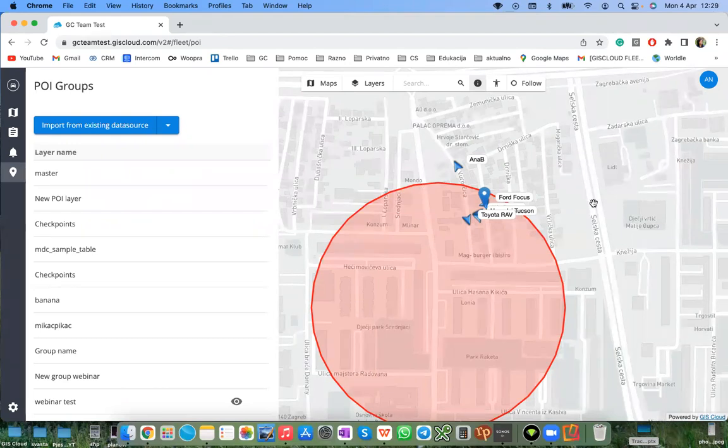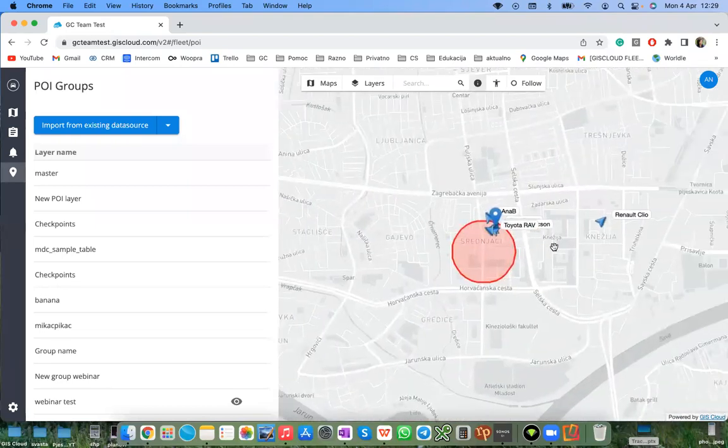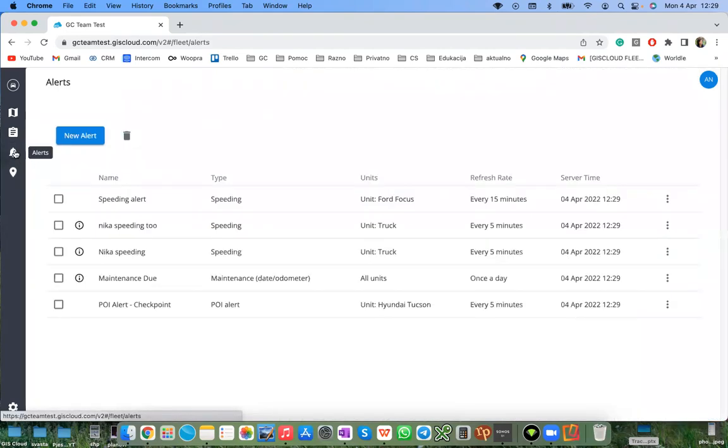Of course, the points of interest are similar to the parameters that we have in info for each vehicle. It's only a preparation for later on alerts or reports that we will now go into. So let's jump right into it. I will now go through the alert section. So alerts